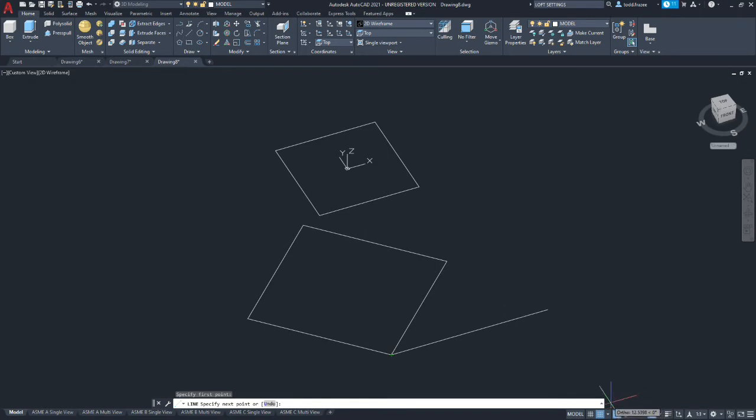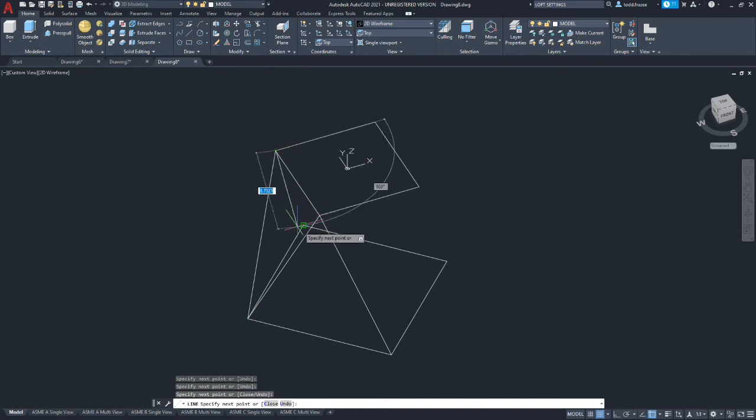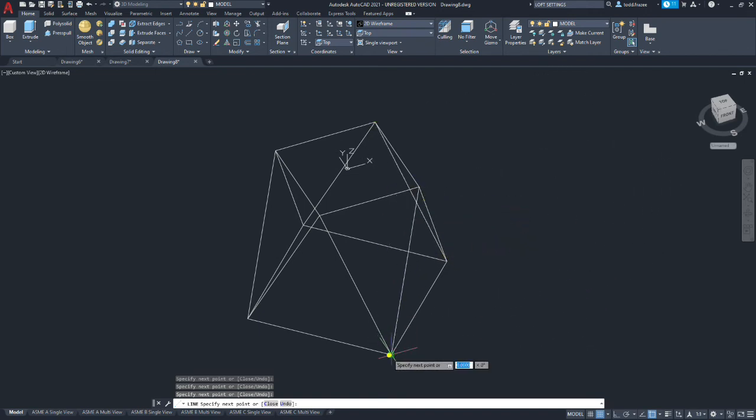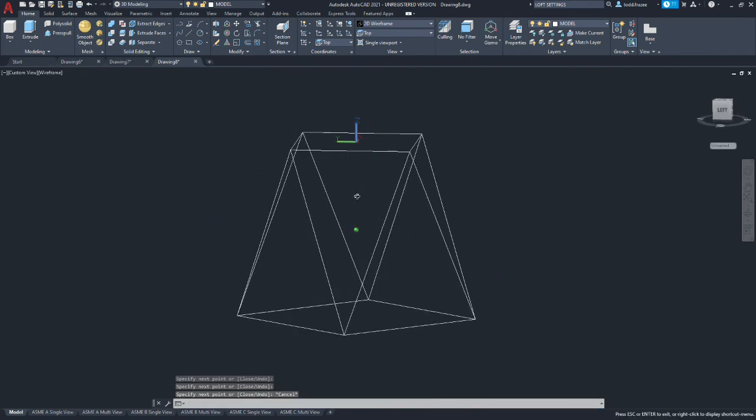I'm going to turn ortho off because it'll still work, but I'm going to draw lines from corner to corner. Alright, so we should have a resultant that looks like this.